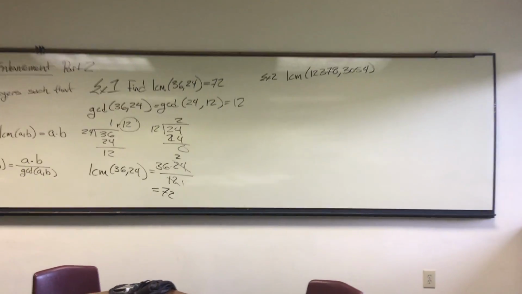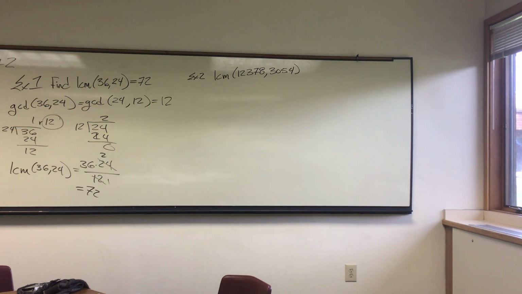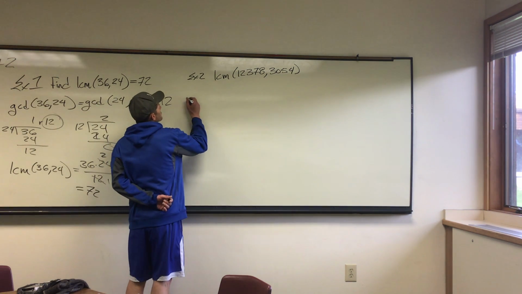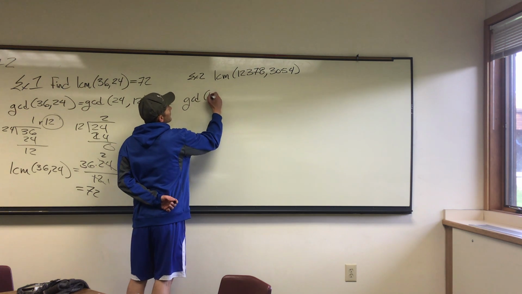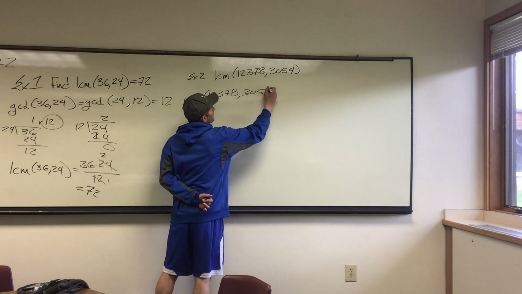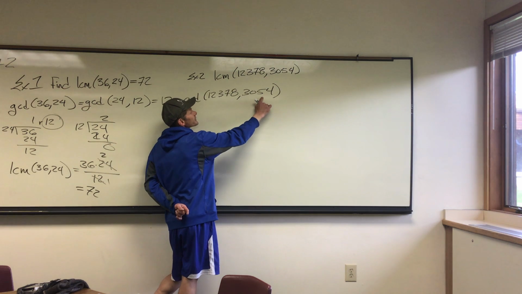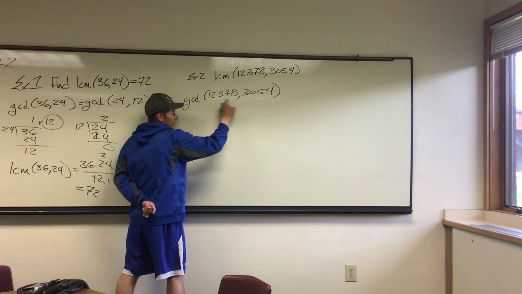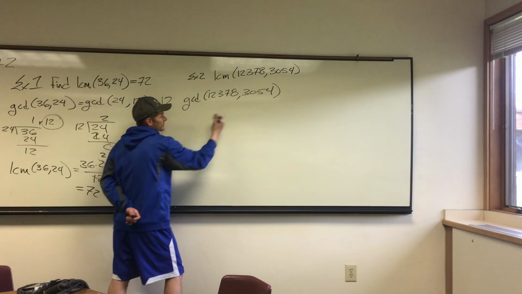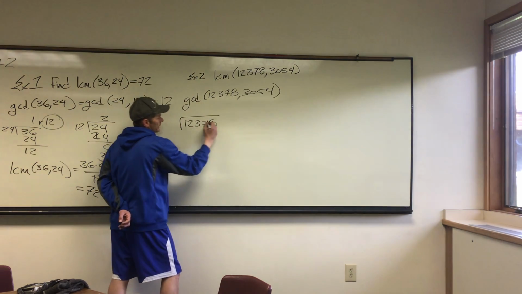Not me anyways. Okay, so the least common multiple of 12,378 and 3,054. Let's just start applying the Euclidean algorithm and say whatever the greatest common divisor of 12,378 and 3054 is, it is equal to also the greatest common divisor of this and whatever remainder we get when we divide this guy by this guy. So let's go ahead and do that. 12,378 divided by